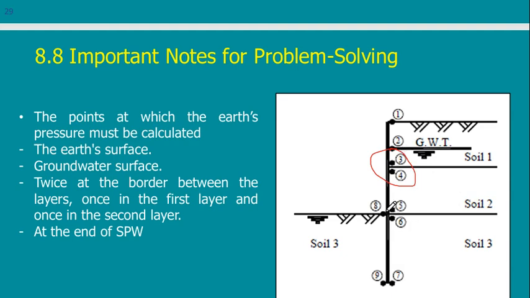So I will always calculate at the beginning, at the end, beginning, end, and at any modification in the soil. This is a modification. The groundwater table is here, so I have the same C and phi, but the vertical overburden pressure will start to change, because here I can use the gamma submerged that is given, or the gamma bulk given in the example, but here I will use gamma submerged because it